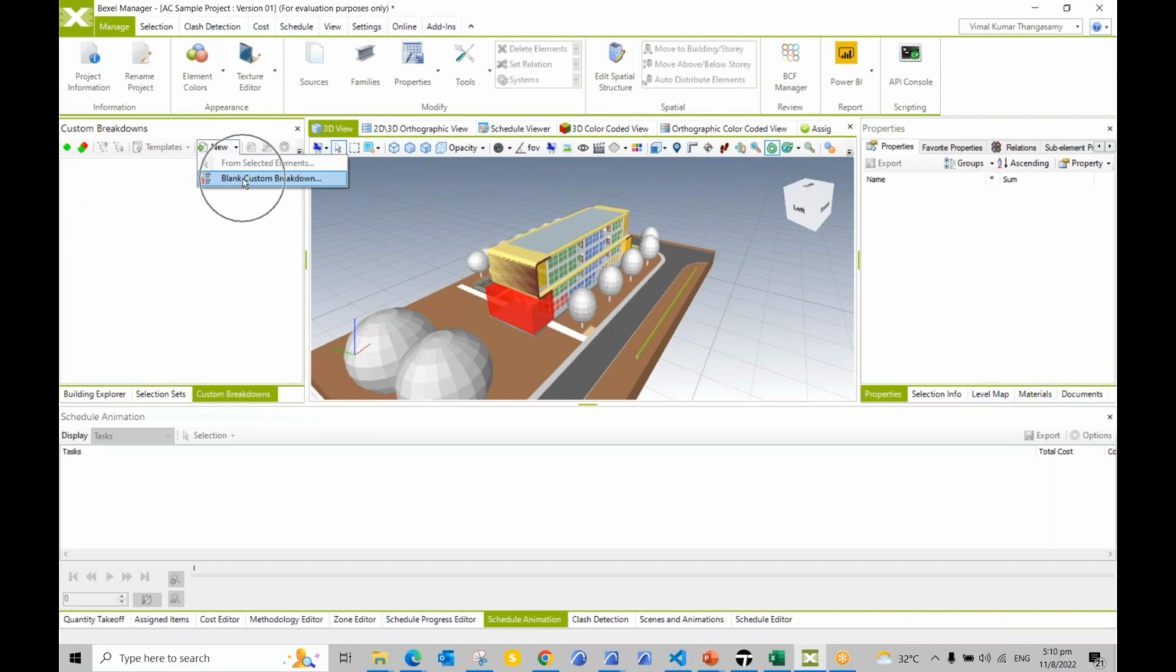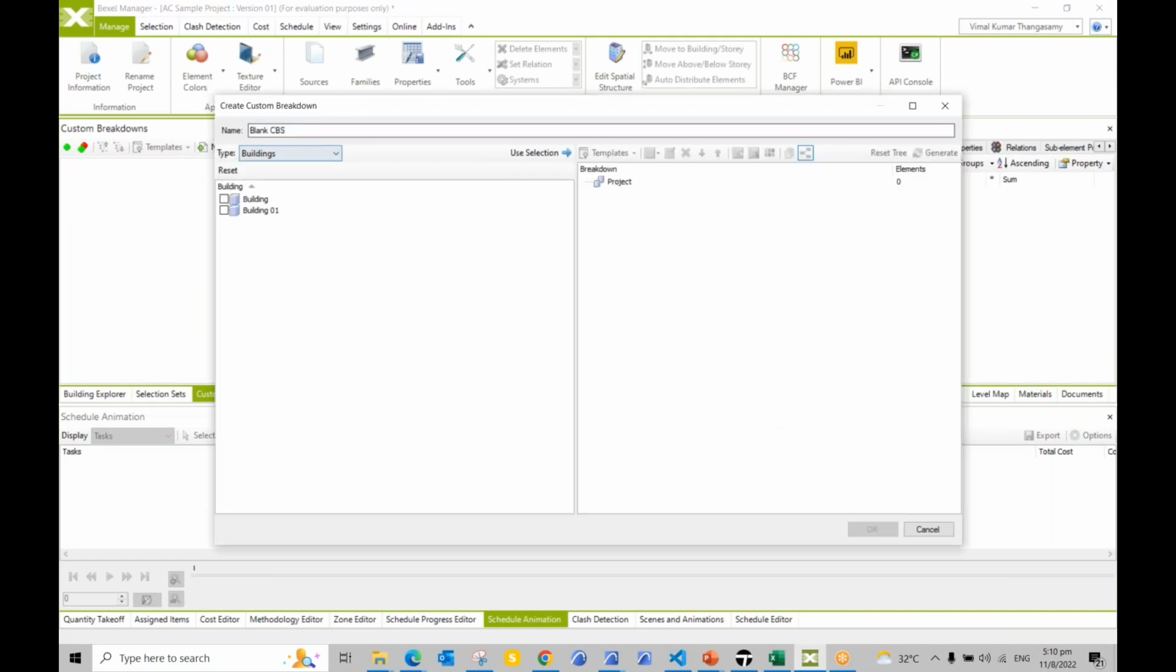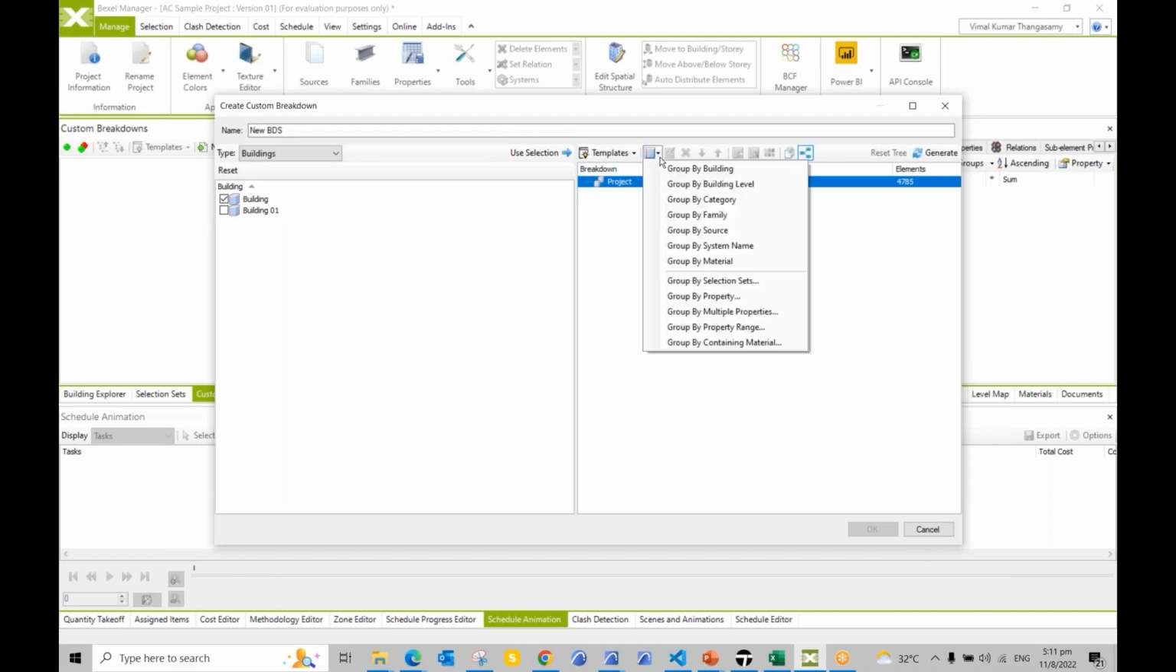Here I'm going to use blank custom breakdown, and then give it a name, maybe new breakdown structure. And then I'm going to get the elements from building. Building 01 is just the site information, so I'm going to get the information from building one, which has all the stories and then the components inside each story. Let me use the selection here,